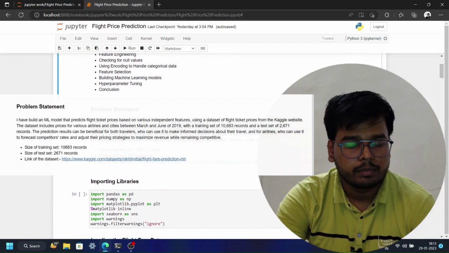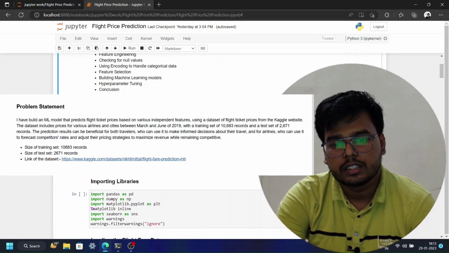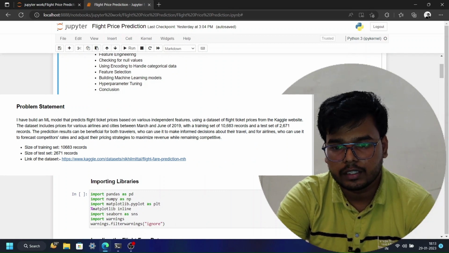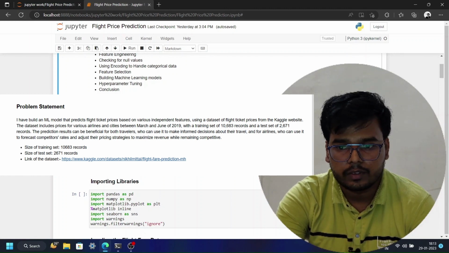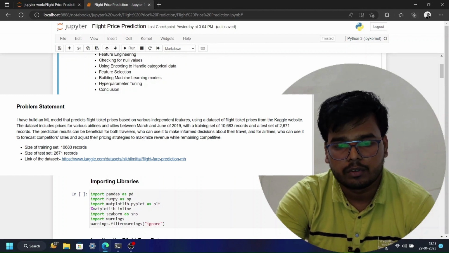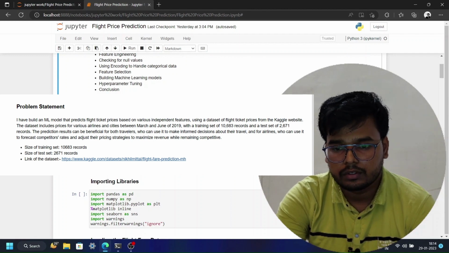Coming to the first one, that is the problem statement. I have built a machine learning model that predicts flight ticket prices based on various independent features, using a dataset of flight ticket prices from this Kaggle website. I have given the link of this dataset, so you can check it out. The dataset includes prices for various airlines and cities between March and June of 2019, with a training set of 10,683 records and a test set of